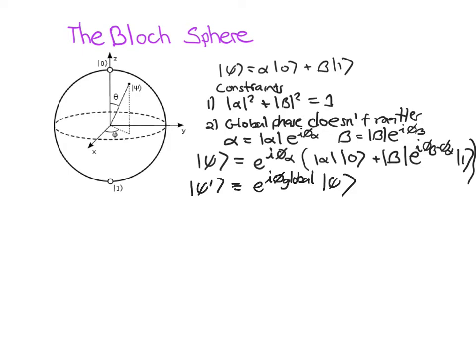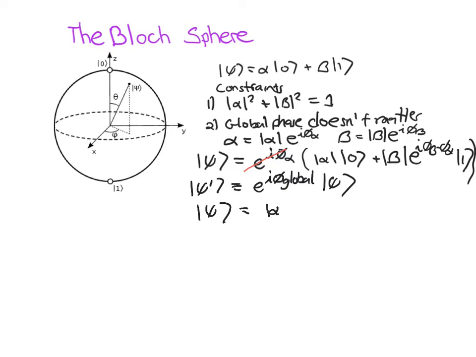You can't distinguish psi prime from psi if psi prime is just some phase factor, some complex number of magnitude 1, times psi. So this global phase doesn't matter. So the upshot is you can ignore this e to the i phi, and you could always write, without any loss of generality, the wave function as